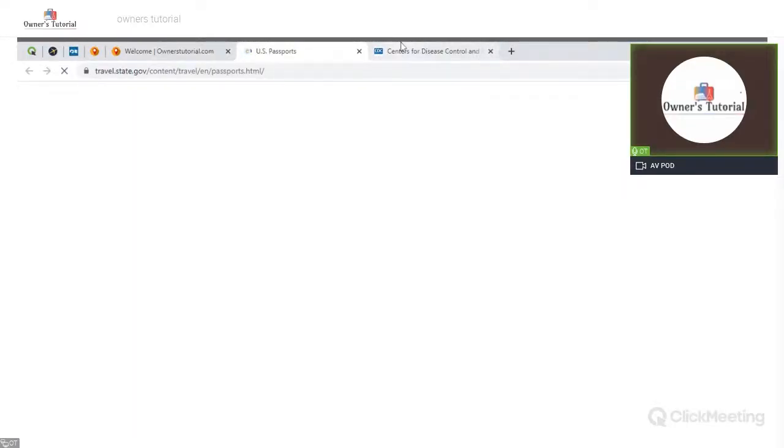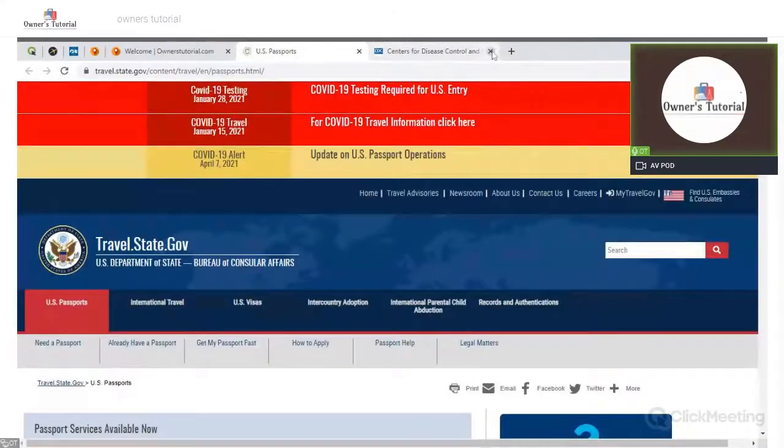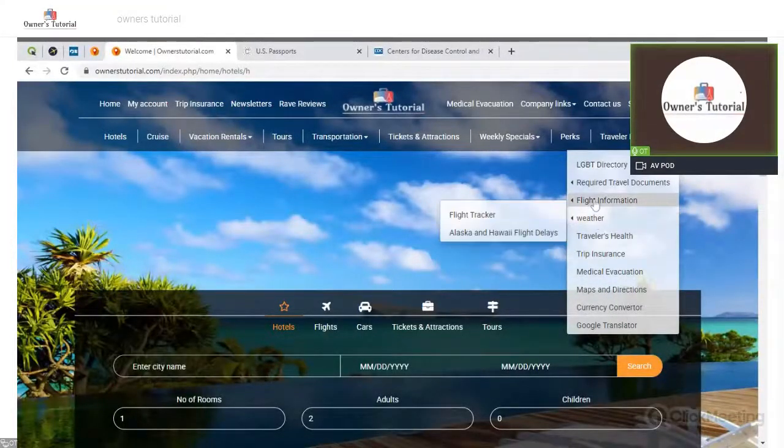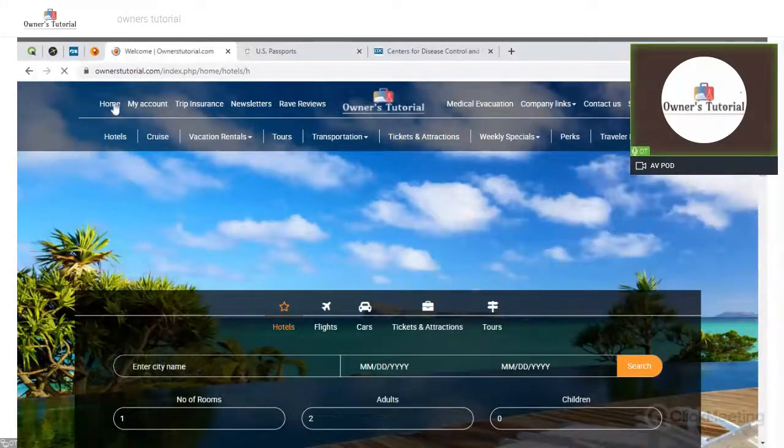I know there's a lot of third-party sites and things out there for this type of thing. This way you know you're going to the right place. For pre-trip planning or on-the-go use, you even got Google Translator and currency converters on there. Weather trackers, flight trackers, hurricane trackers. And ladies and gentlemen,